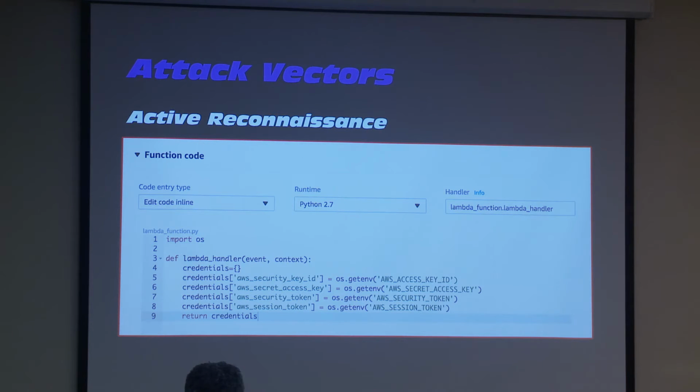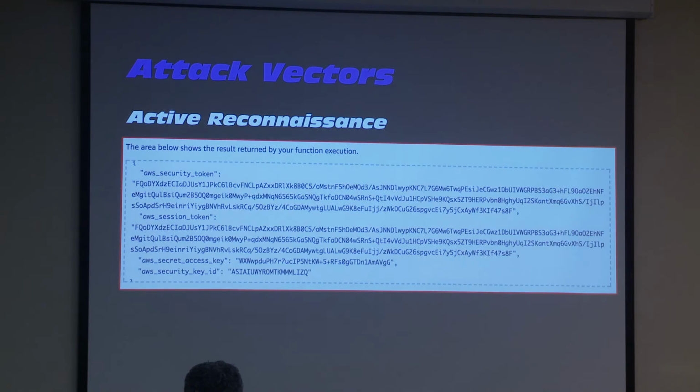Those are static; they don't change unless you delete them and create new ones. And then we have the AWS security token and AWS session token, the tokens that we saw in the last one. I'm just returning those credentials, and as you saw in the previous one, now we've got not just the security token, but also the session token.